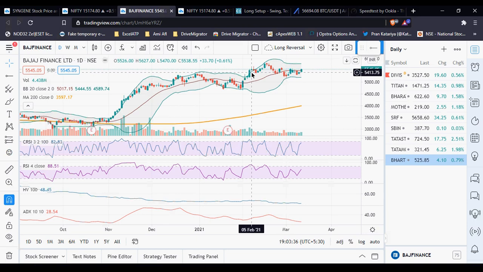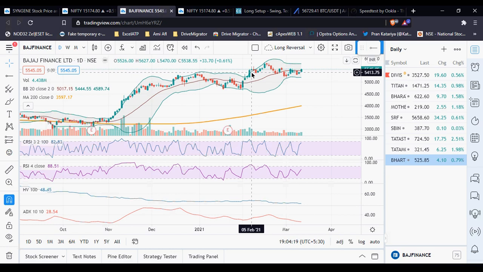Guys, any other questions? Any clarity you need? See, actually this system is pretty new for me as well. I'm still exploring it. If I find anything better, I'll update you guys, because I've not taken many trades on this. But I found the system very good and I'm backtesting it as well. You backtest in TradingView? No, manual backtest using TradingView, because some of the indicators you might not find in Zerodha or other platforms.